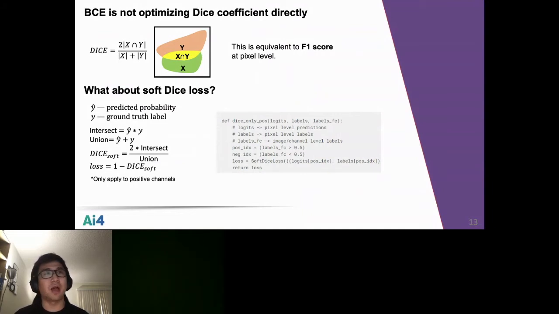So how can we do that? The idea I propose here is using soft dice loss. Basically, we can generate the predictions at a probability level, and then if we have the ground truth label, we can get the intersection by simply doing the multiplication between the predicted probability and the ground truth label. And then we can also get a union from these two by simply summing them up. And then we can define the soft dice coefficient as the division between these two,